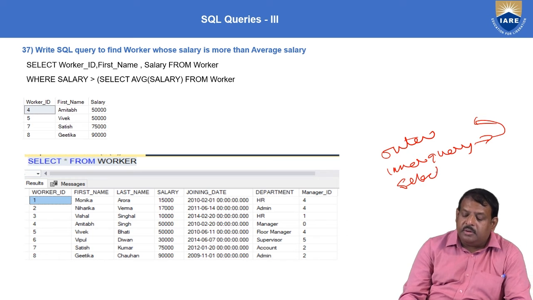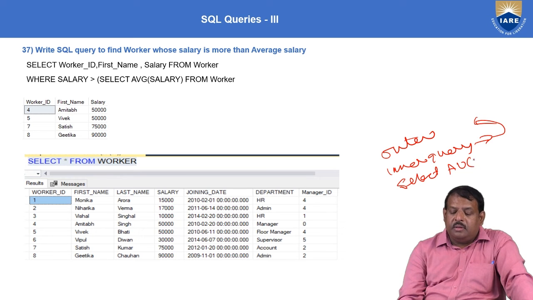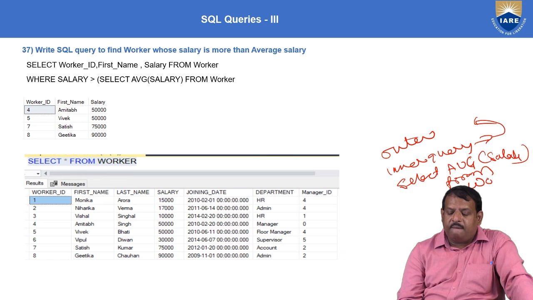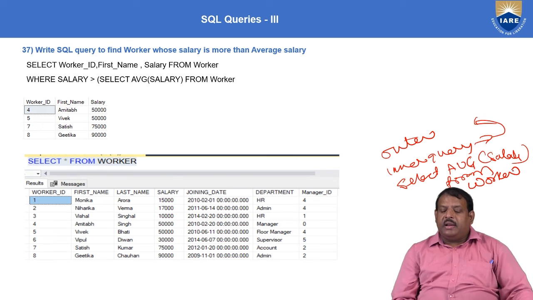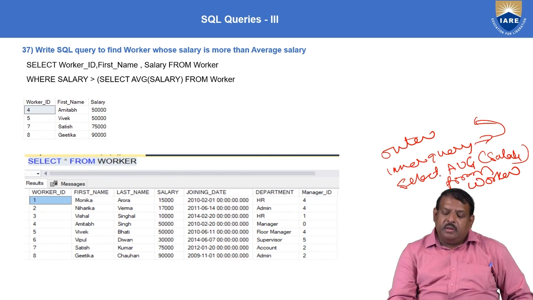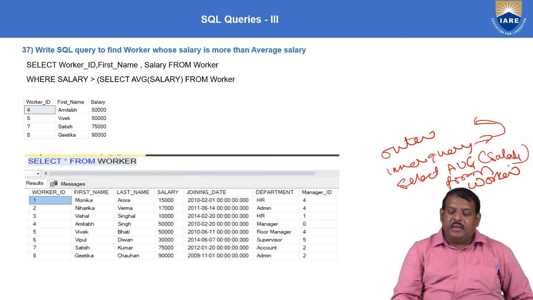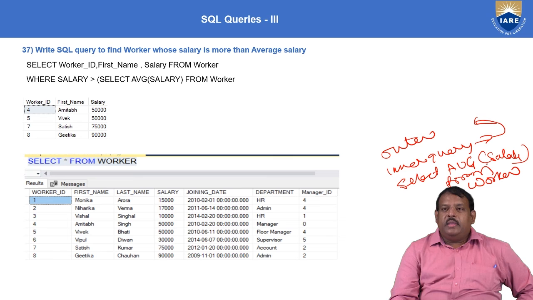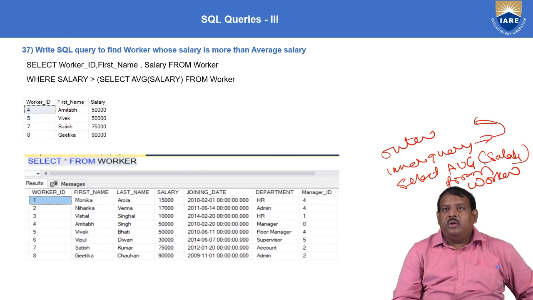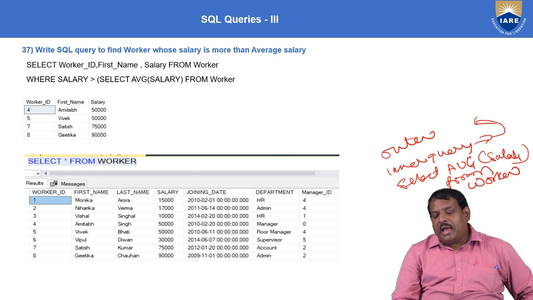Select average salary from worker. We are going to get the average salary. Now we need to know the workers who are drawing more than the average salary.